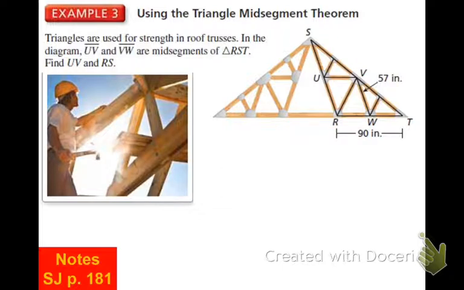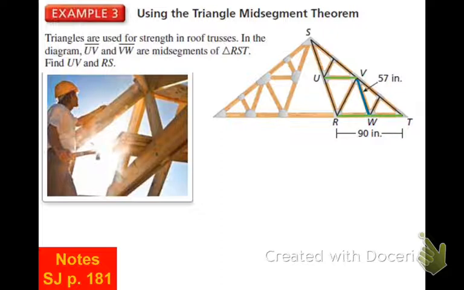All right, so UV and VW are mid-segments. So all I'm going to do is highlight them in two different colors on the page. So UV is going to be parallel to RT. All right, if we notice the green and the green,